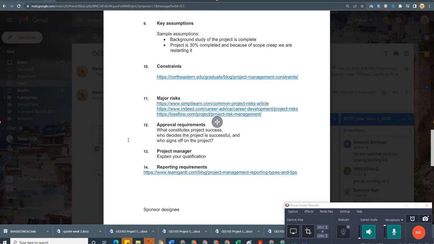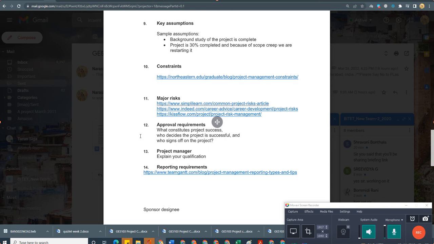And finally, reporting requirements. You just cross check that link, you will get some good information related to the reporting requirements. What kind of requirements a document should have, a project should maintain, that is clearly discussed in that one. In the last video I also explained it, but most of you are writing something that is not exactly expected. So try to cross check this one, it clearly explains what kind of standards are to be maintained when we are writing a report, or we are completing a project.